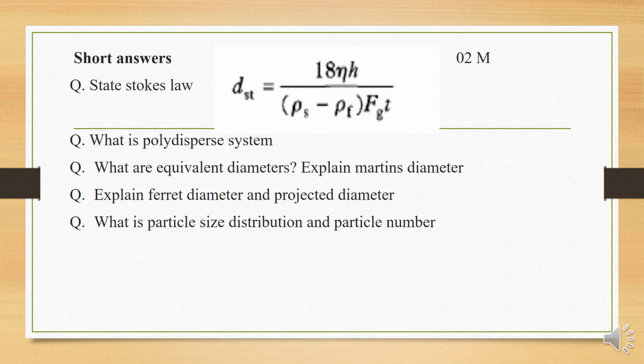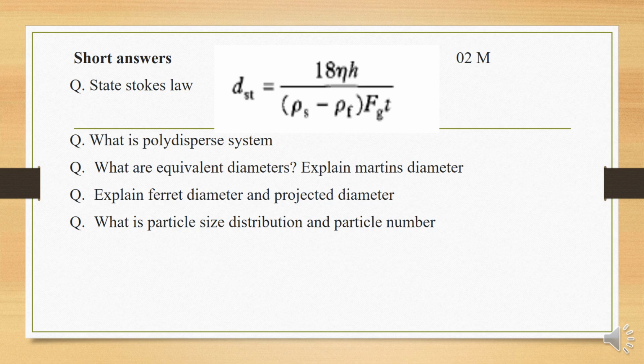Next question is about Stokes law. So this is the equation, that is dst is equal to 18 eta s divided by (rho s minus rho) into fg into t. According to different texts it varies, but we have to know that the rate of settling or sedimentation method principle is our Stokes law. So we can tell that the rate of settling of the particle in a suspension or emulsion we can obtain by the Stokes law. So we get dst is equal to